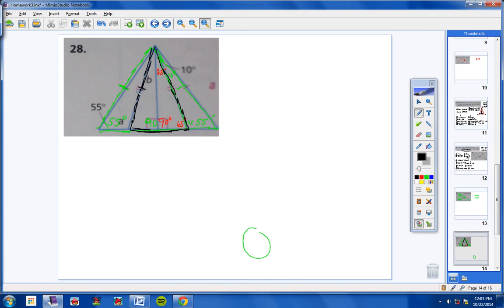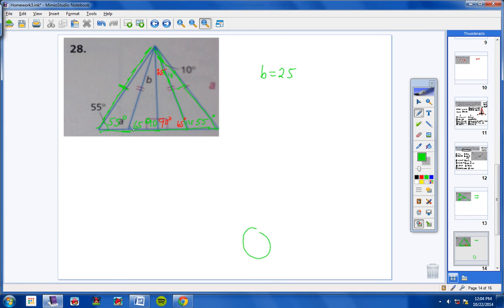See that black triangle? See how this side here is congruent to this side here? That means their opposite angles have to be congruent, okay? So notice this angle right here is 65 degrees. So if that's true, then that means this angle over here also has to be 65, okay? So now I can very easily find angle B right here, because in this triangle right here, I've got a 90 and a 65. That means this angle up here for B must be 25, because 25 plus 65 plus 90